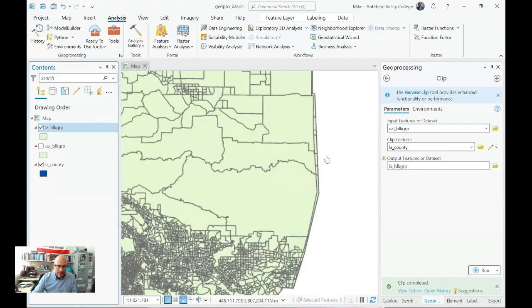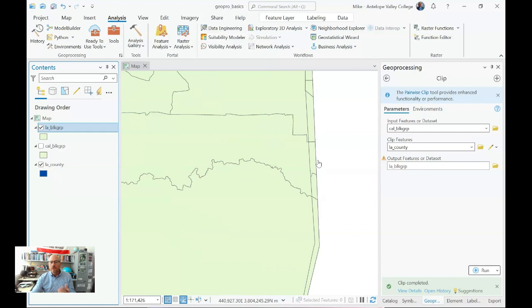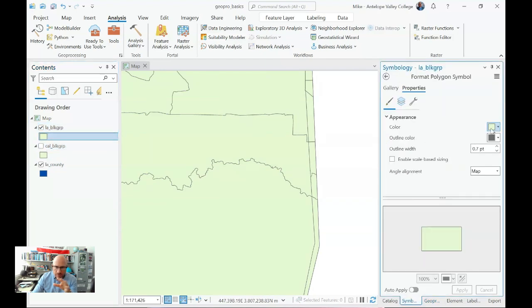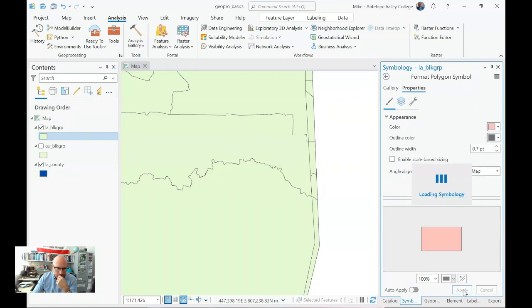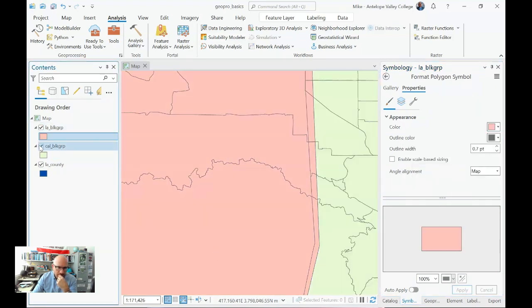And we have what are called slivers, where clearly, here, let's do this. You don't have to do it. I'm just trying to prove a point here. So we have that. And we got these that kind of continue out. So really what it is, is that our sloppy LA County clip feature doesn't really line up with the LA County